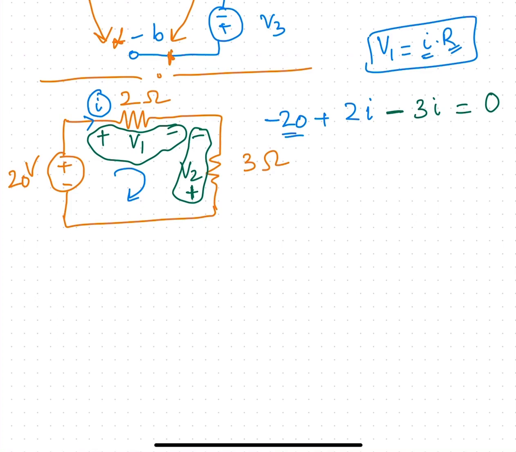So what is this? Minus times I equals 20, or I equal to 20 ampere. So what does this tell you? This tells you that the current